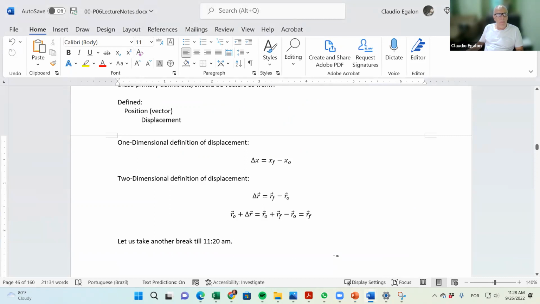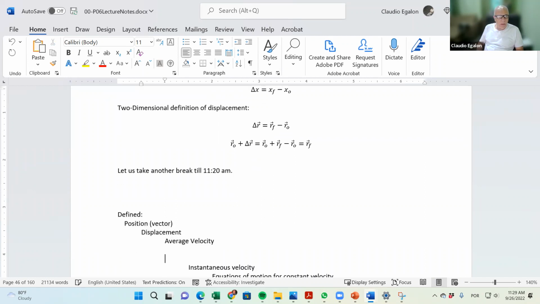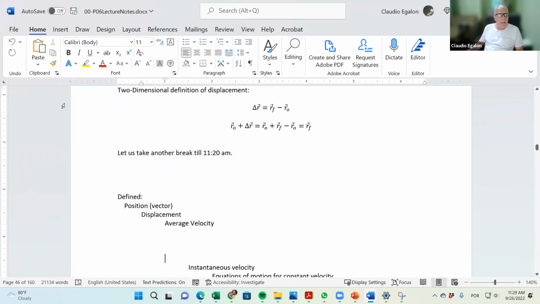Okay, two-dimensional definition of displacement. And now that's where we get to the point where we are talking about the average velocity. They call that the average velocity is,